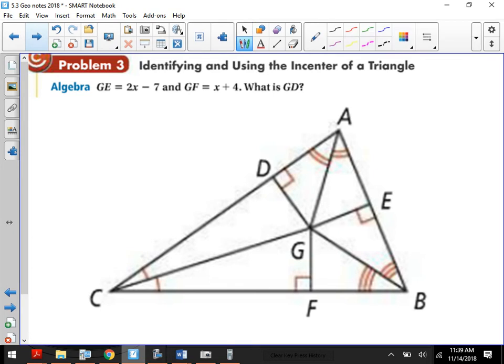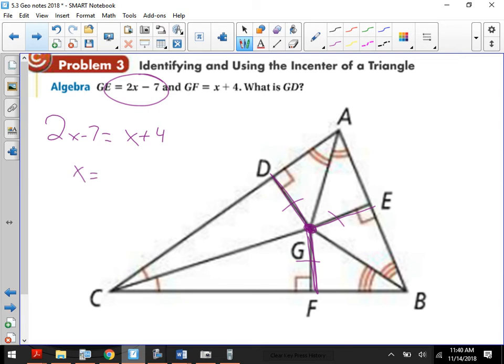So that means that from the point here to the side, these three have to be the same. If you use the vocab, you just write out what you need to do. I know that all three of those are the same, so all I have to do then is, well, if GE is 2x minus 7, and GF is x plus 4,